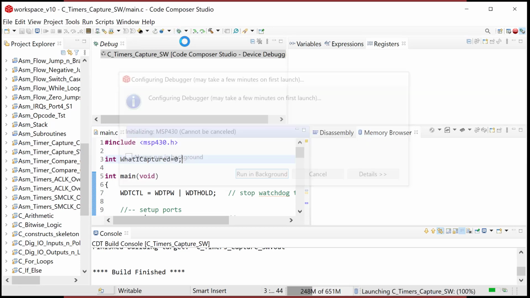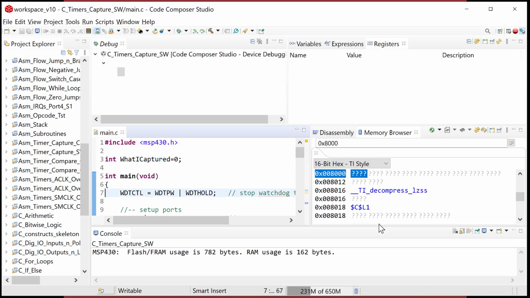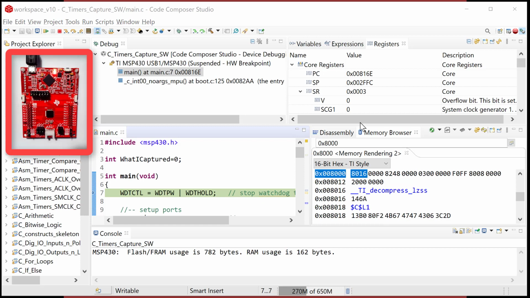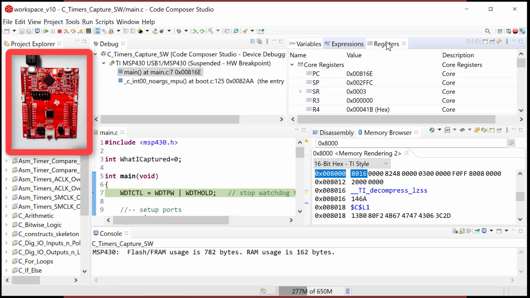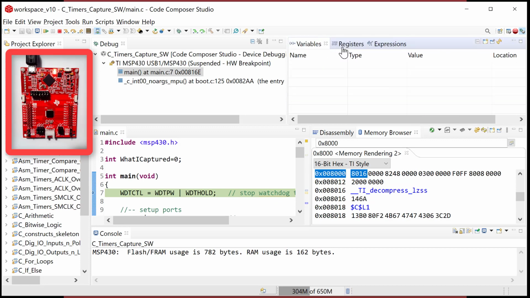Okay, looks like we're good to go here. Let's think about what we're doing. What I really want to look at here is the registers. So I want to come into the register viewer. Oh boy, it popped me out. Let me pull this back over. There we go. Okay, I'm going into my register viewer, and I want to go down into the timer